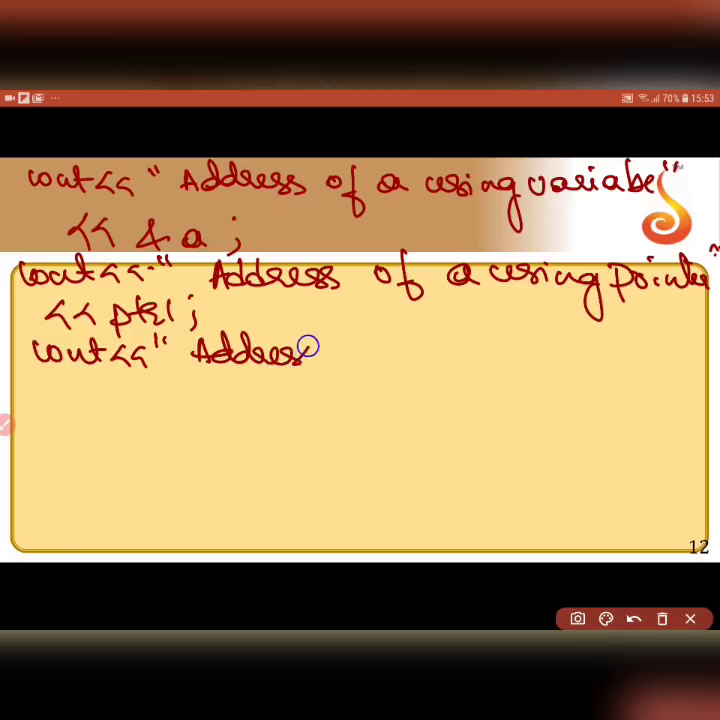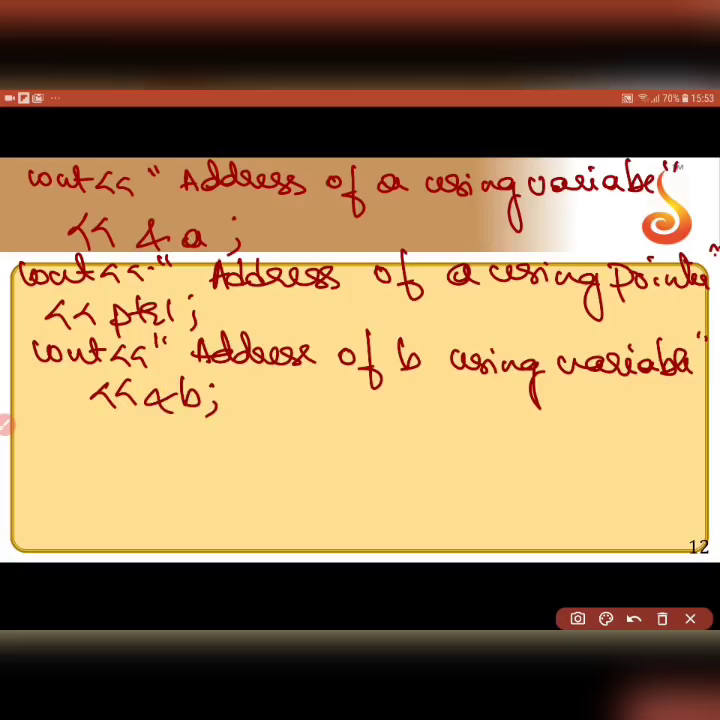address of b using variable. So when I say ampersand b or ampersand a, it gives me the address of the variable itself. So ampersand b will give me the address of b, right? And then see here it gives me the address of a. This also will give me the address of a because it is pointing to a. Whenever you print a pointer, it will just give me the memory address to which it is pointing. The same way ptr2 is pointing to b